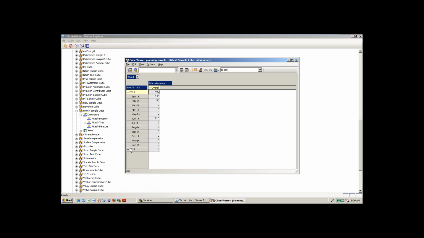You cannot enter into 2012 or 2014 because 2014 is a combination of all. The same here, you cannot enter into India because India is a combination of some states. So you have to enter at the leaf level, that means the last level of each dimension. Then the above levels are automatically calculated by the TM1 consolidation engine.